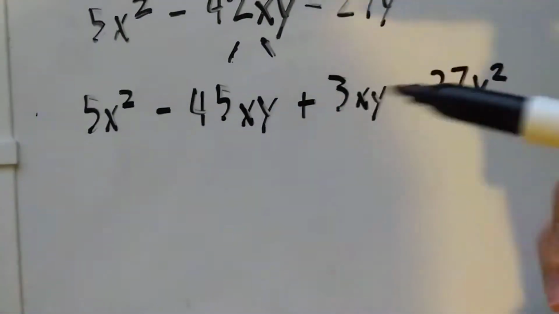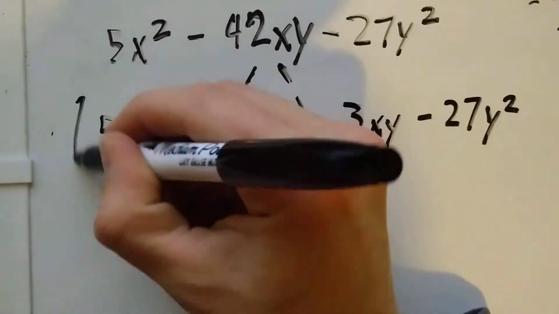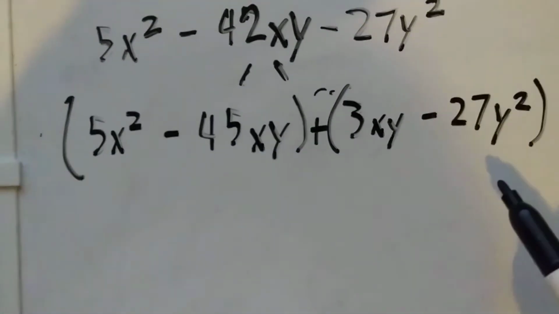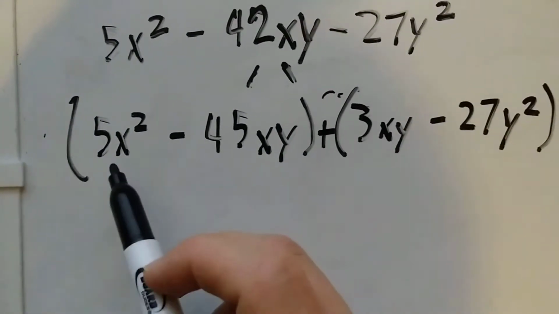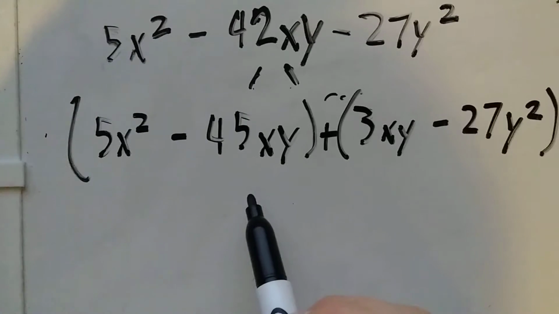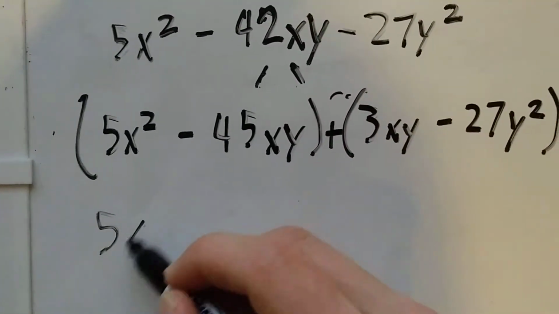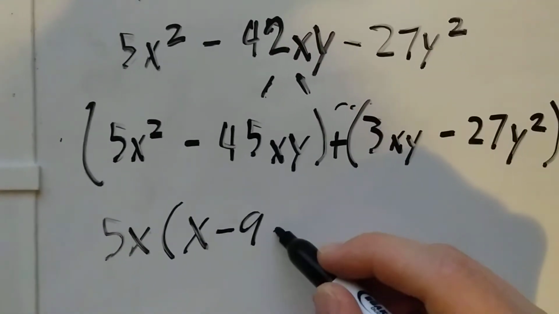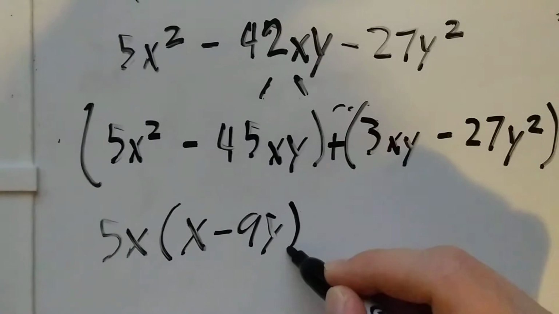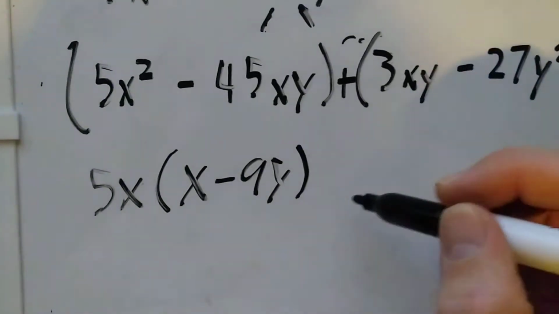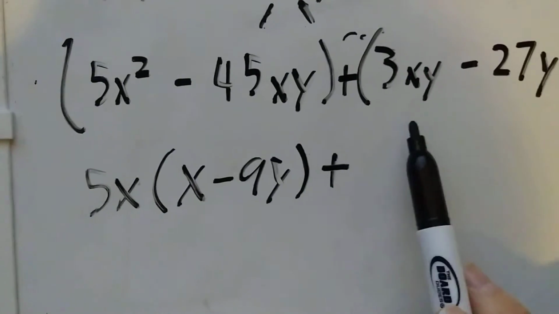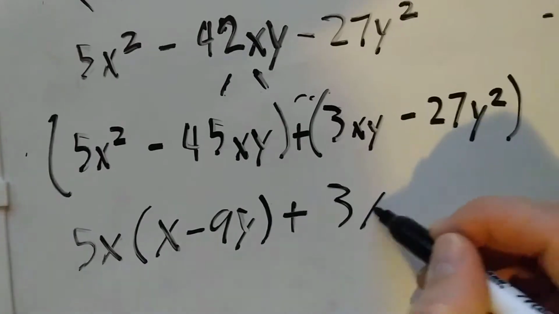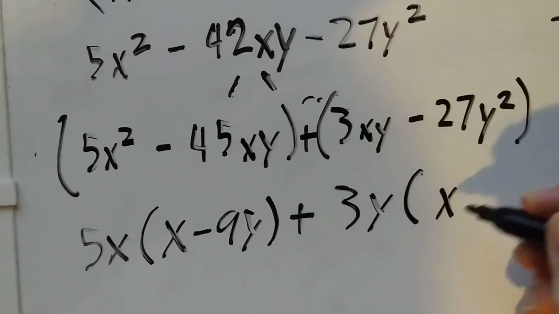So once that's broken down, the next step is grouping. Now we're going to find a common term in each of these. So a common term between these two terms here is 5x, and that leaves us with x minus 9y still inside the bracket here. And then we take a common factor out of this one, which is 3y, and that leaves us with x minus